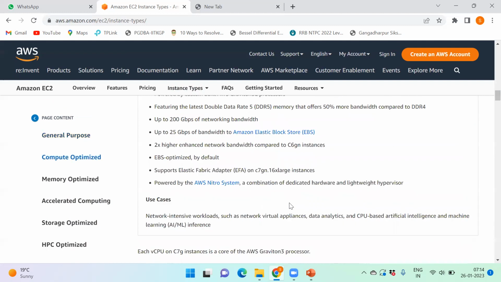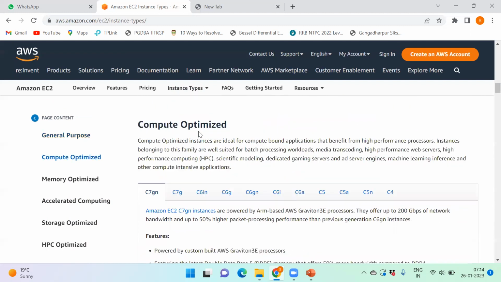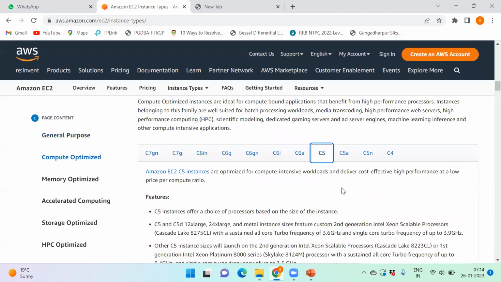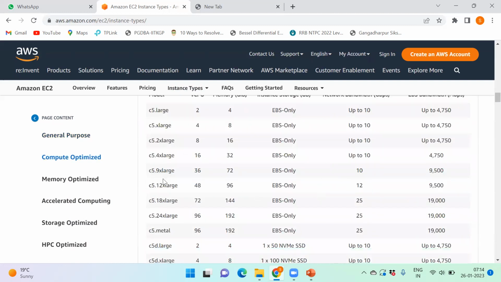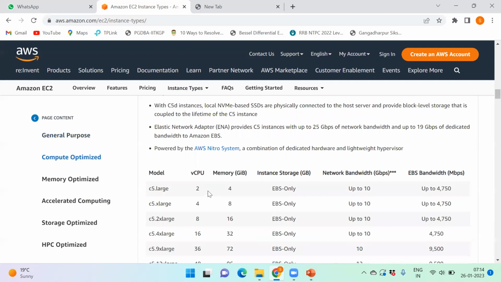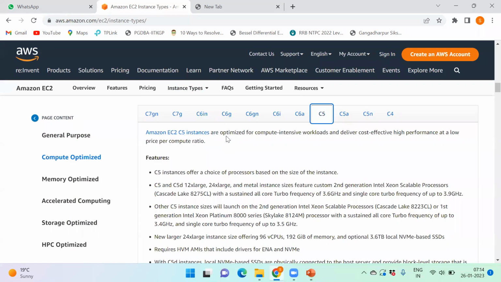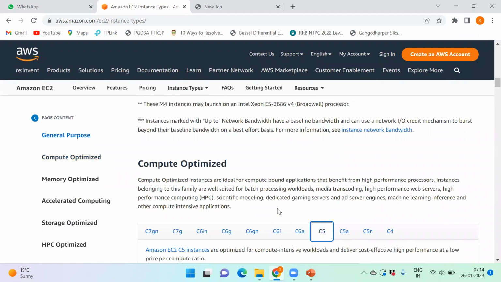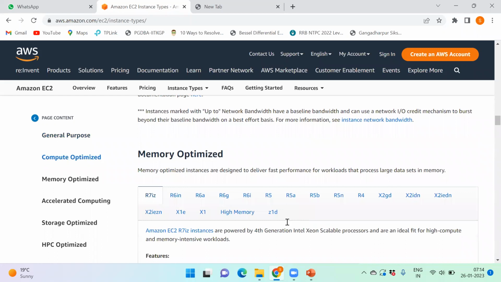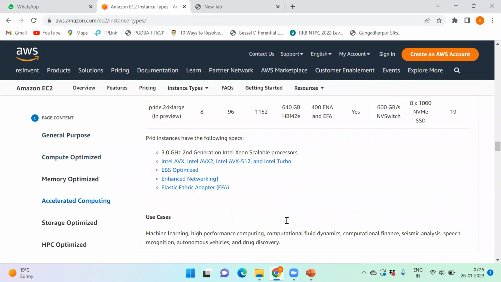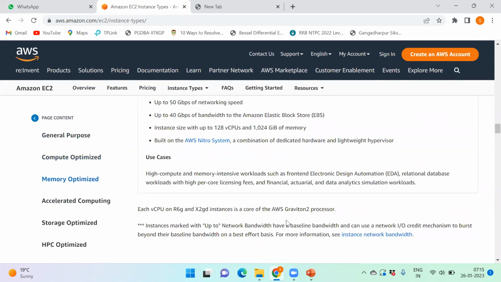And you can also check this one for compute optimized. We have this many series. For each series, we can check several instance types. This is for high bandwidth. EBS bandwidth is very high for this kind of computational power, the compute optimized one. But I am just giving you